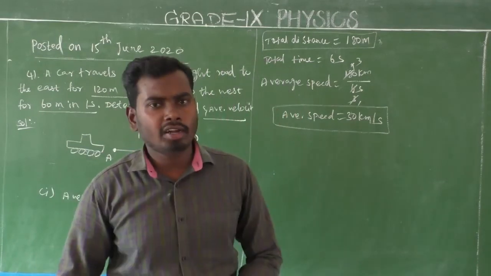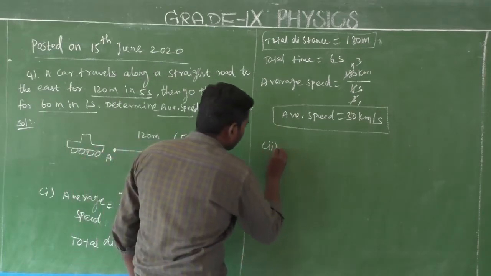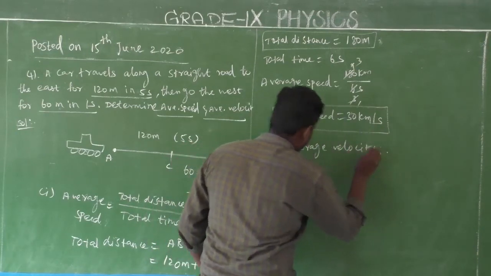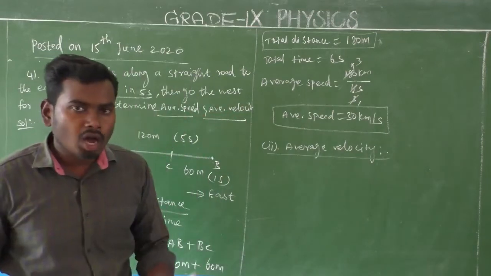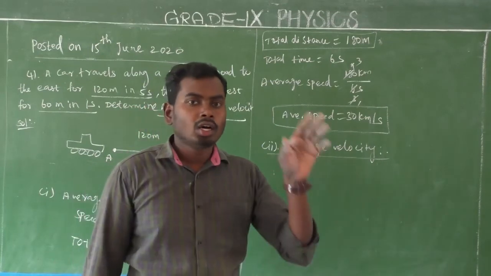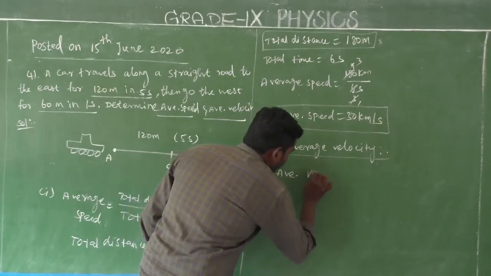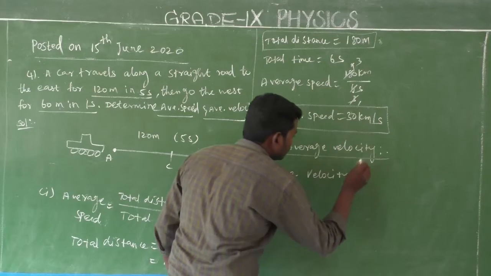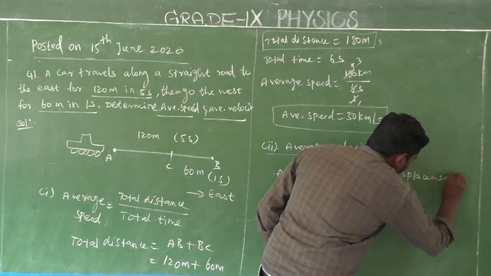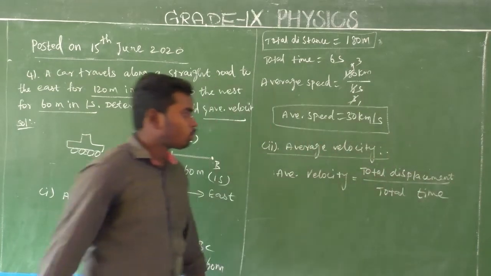Okay. Next quantity, average velocity. So second we are going to calculate average velocity. What is the average velocity formula, sir? The total displacement covered by an object per unit time. Mathematically we can write average velocity is equal to total displacement divided by total time taken. Am I right? Yes. So average velocity is equal to total displacement divided by total time. Is it clear?